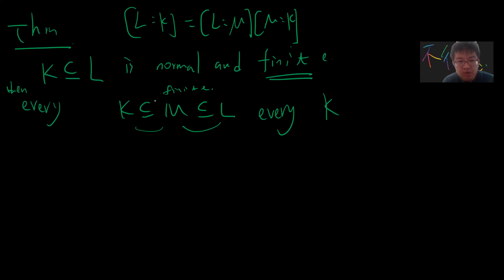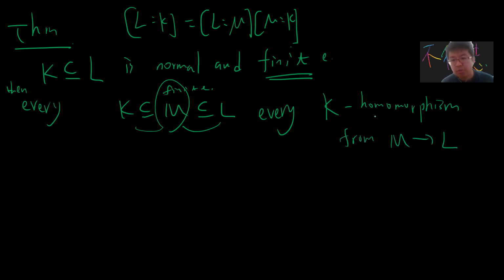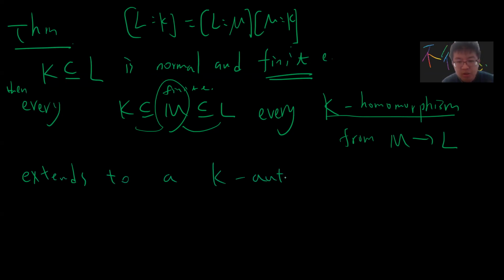K, so given any intermediate field M, which is finite, and every K homomorphism, I will explain in detail later. K homomorphism from M to L. Basically, you can view it as a linear transformation, right? With two vector spaces and coefficient K. This is called a K homomorphism from M to L. Extends to a K automorphism